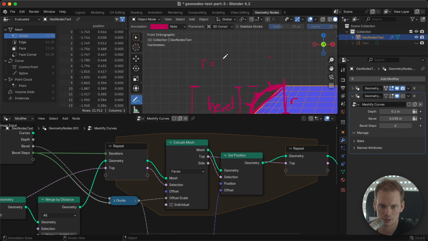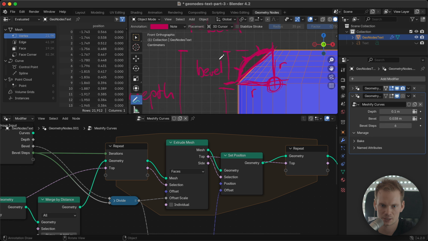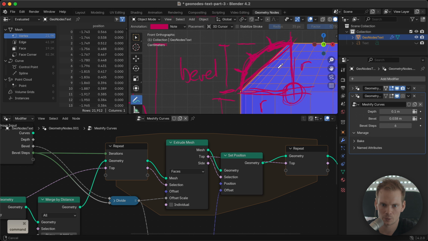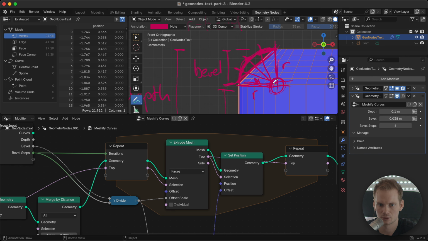So R is equal to the amount of bevel we're doing, because this is the level we specify. And we can specify anything we want. We can consider the amount of bevel something different than this. But in this case, we happen to have this set to how much bevel we do, and it's exactly the same as R. So that's useful. And then the other thing we want to do is figure out the angle of these segments, alpha. So this is the angle where we are at.